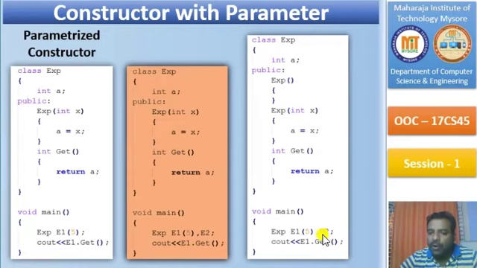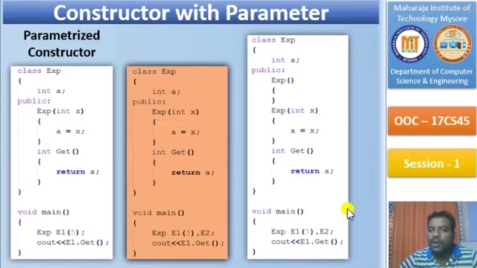When I'm calling or creating E2, I'm assigning no value for A, hence it will be assigned a garbage value. If the C++ compiler doesn't assign a garbage value, it's going to be 0 in any other case. And one more important thing you want to note here is that using constructors, you can make a note here.